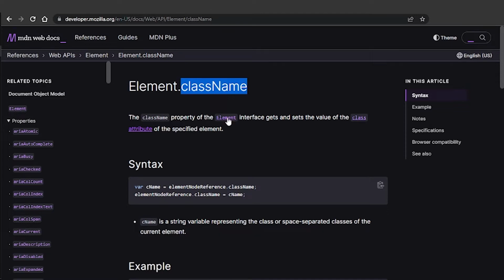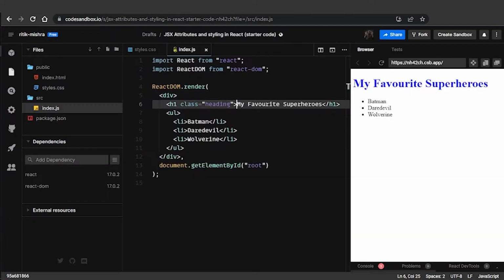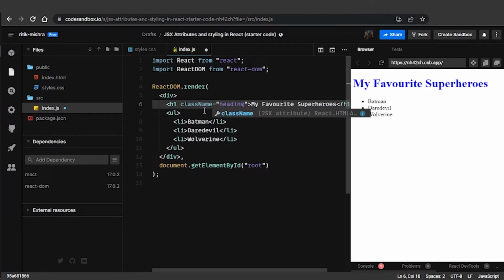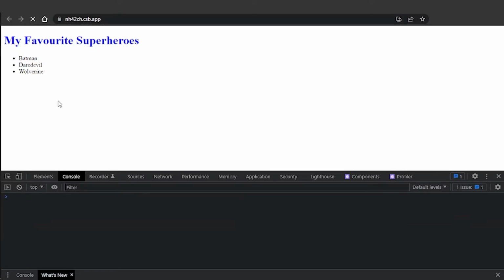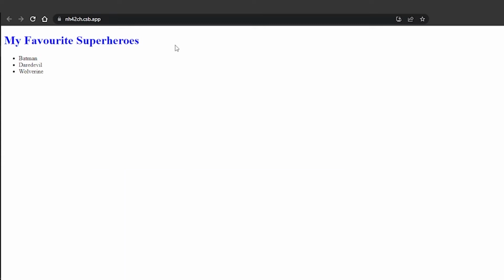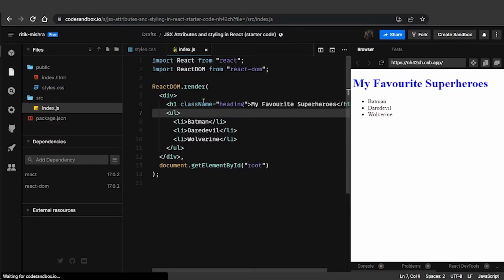So the className property of the Element interface gets and sets the value of the class attribute of the specified element, and this particular attribute is of concern to us. So let's make the relevant changes. Try to save this file, and if we hit refresh, you'll see that this particular warning is now gone. Okay, so which means we have to take care of this